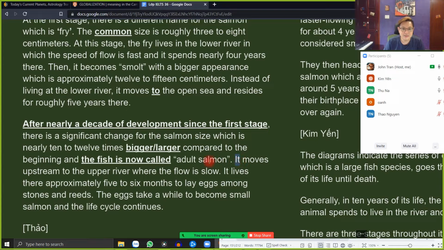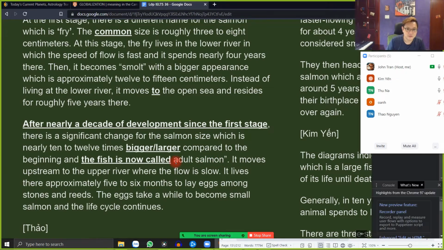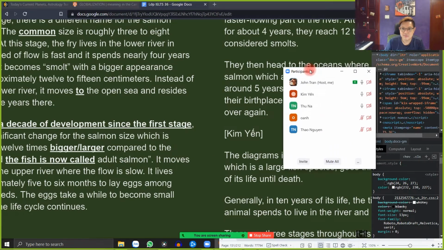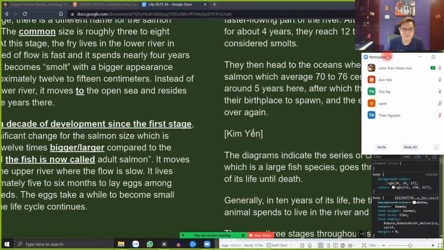Okay. It here stands for the adult salmon. Once again, don't use this one. Đừng có dùng cái này nha các bạn. I pressed something wrong again. I don't remember how to hide it away. Không nhớ cách ẩn luôn á. Never mind, but it looks beautiful. It looks nice, right?